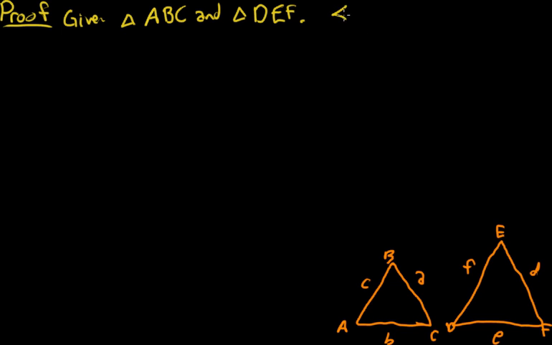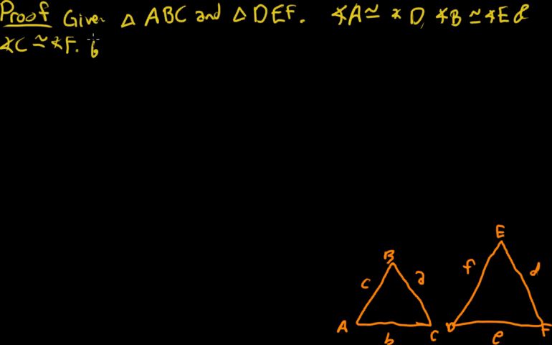We'll say angle A congruent to angle D, angle B congruent to angle E, and angle C congruent to angle F. So we want to prove that these are similar. And say that by angle construction,